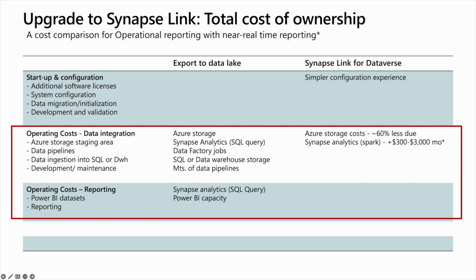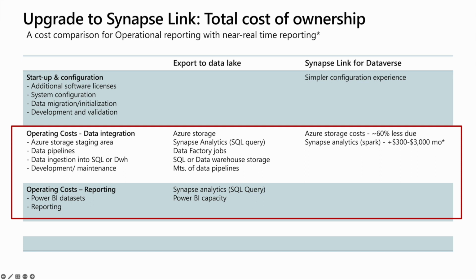usually get reduced by 60%, because Delta format, which is Parquet, is highly compressed and a columnar format, and I'll show some examples of that today. And you will probably pay in a range of $300 to $3,000 to do the Delta conversions, but we'll show examples of how some of these things can be saved from the read cost which you are incurring on the Synapse serverless, as well as some of these data conversion jobs